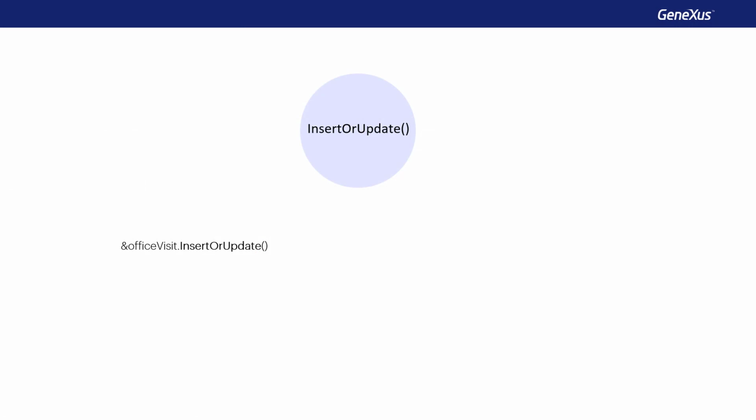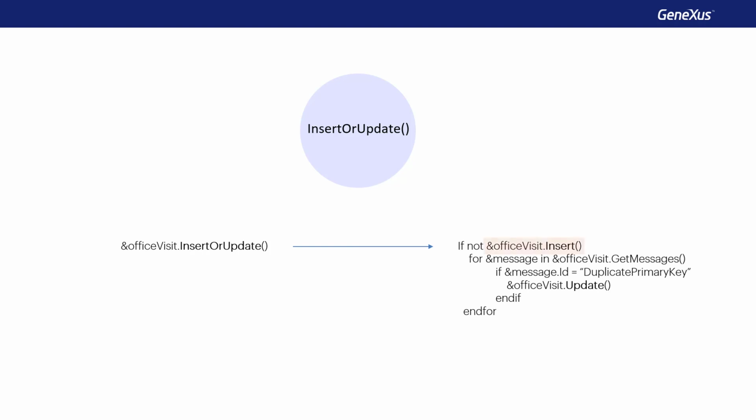If we translate the logic of the insert or update method to what happens in the background, it would be something like this. The insert is tried, and if it works, it continues with the code that comes after. If it doesn't work, only if it's caused by a duplicate primary key, the update is tried, which may or may not work, of course. But we have to bear in mind the behavior we just described. That is, if the insert fails due to something else prior to the actual attempt for insertion, since it's never known whether the record already existed, then it'll never execute the update.